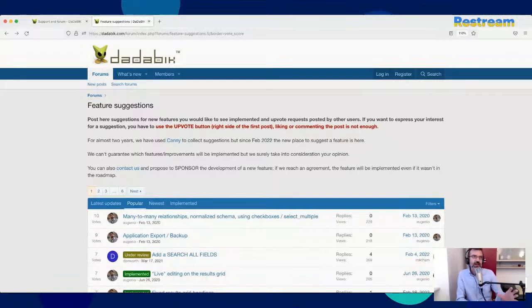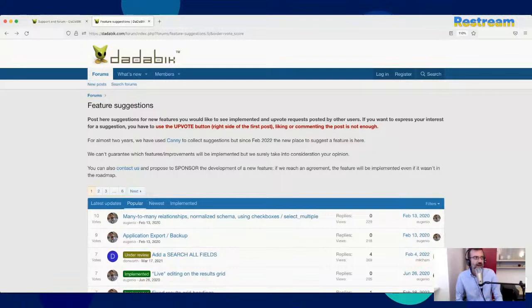However, I think that when someone looks at DaDaBIK, before becoming a DaDaBIK user, one comment could be that one, the idea of an interface that is not very modern. But again, two sections. The front end that, in my opinion, doesn't look very old.